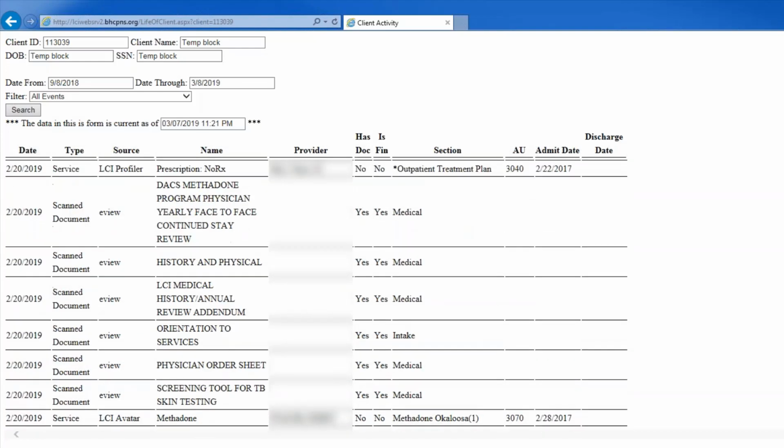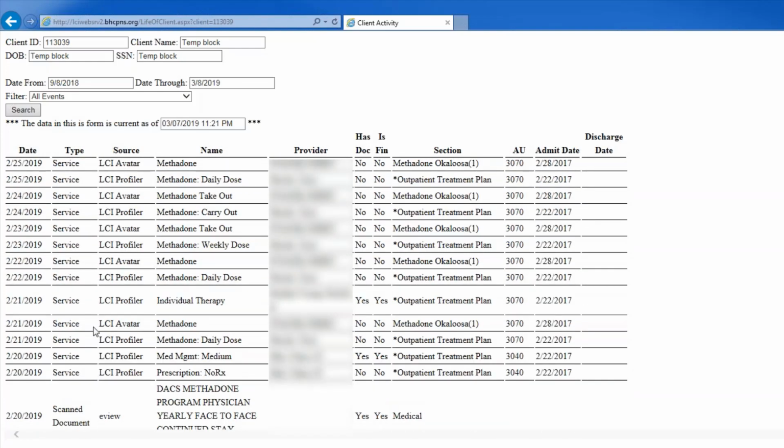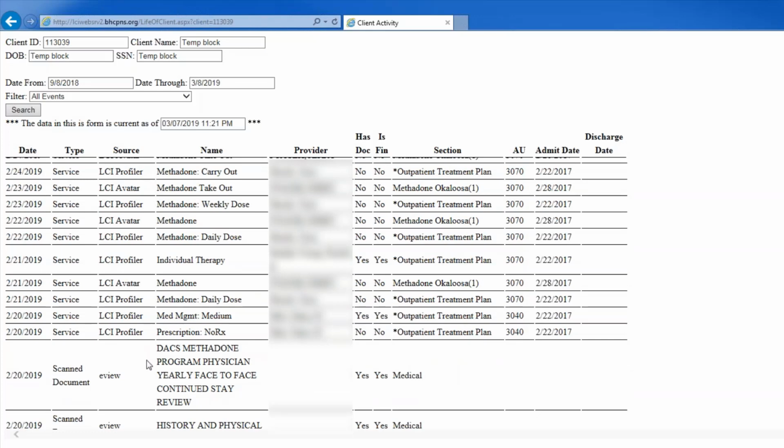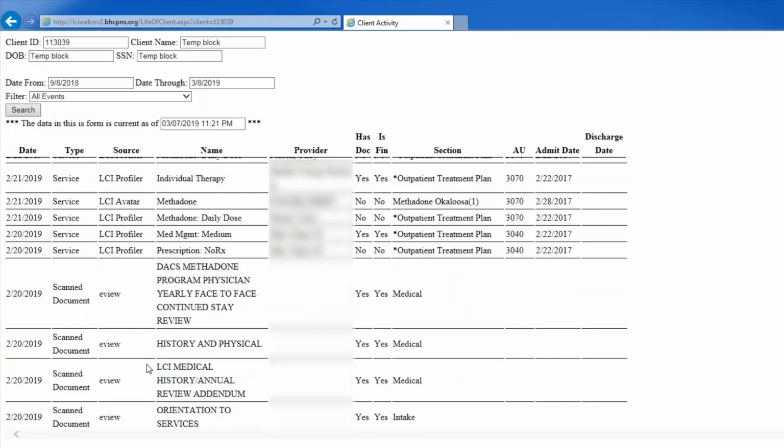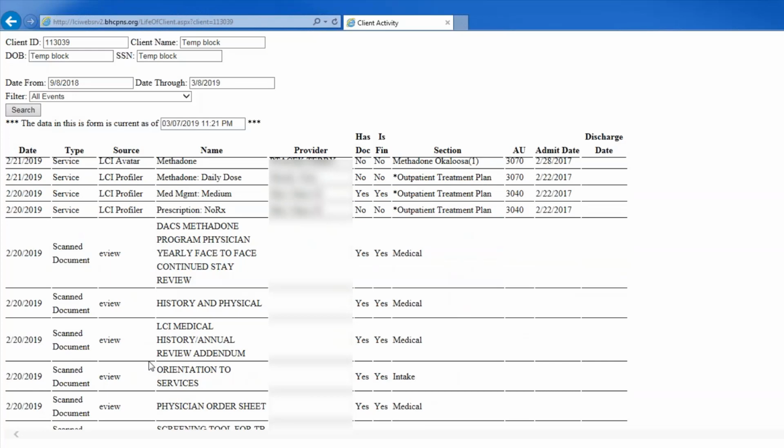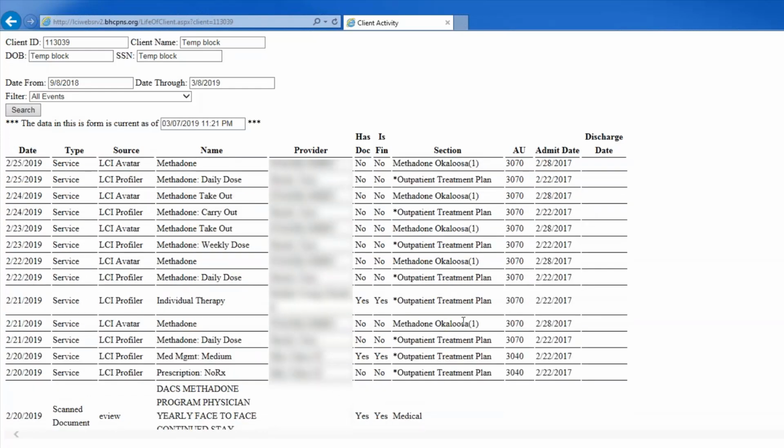So right now, all we have coming into here is Avatar, Profiler, and eView. We have plans later to get other things. So we have other systems, and we have plans to put those in here as well. So this was developed as